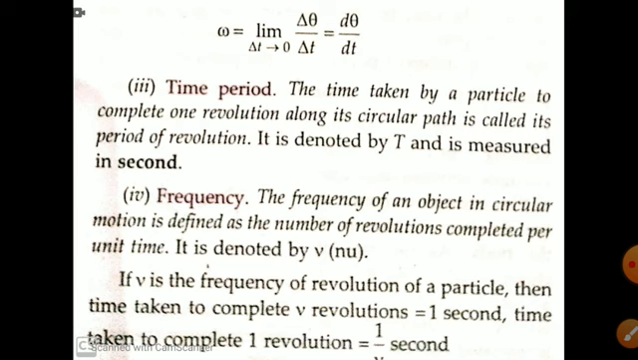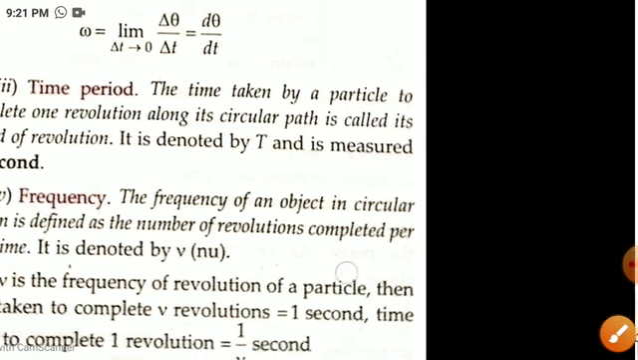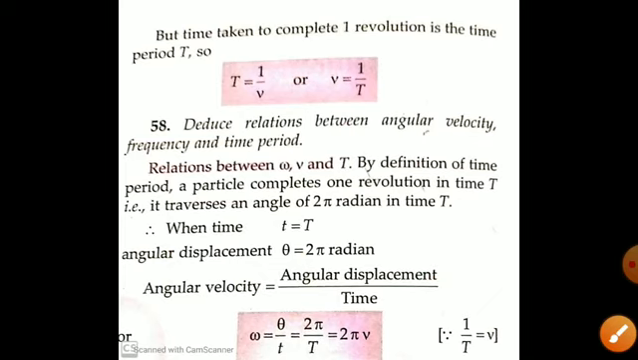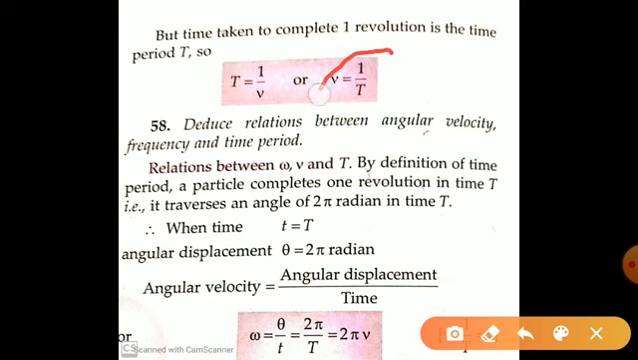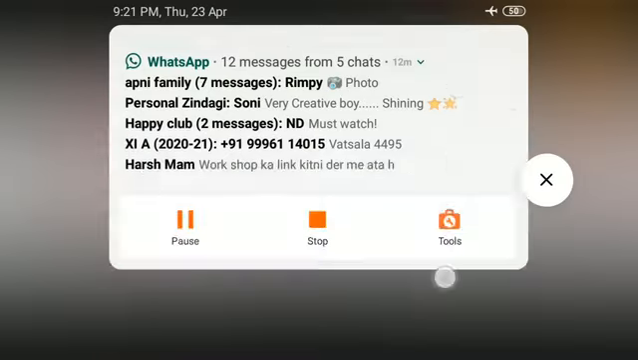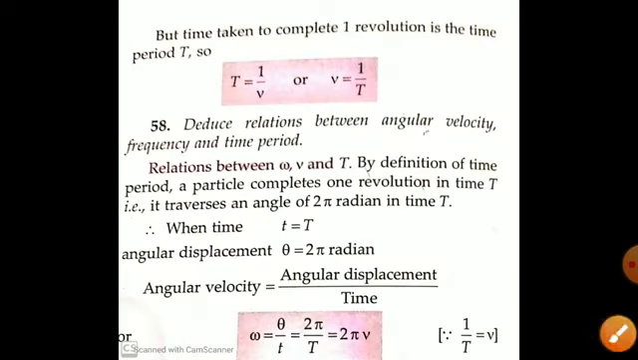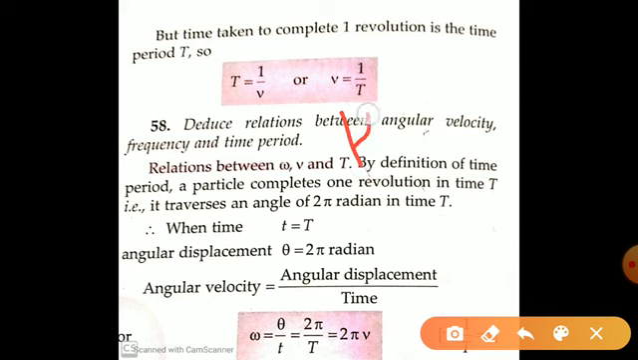So the frequency is written as nu is equal to 1 by T. This nu is the frequency, and the SI unit is second inverse, or you can say hertz. Hertz is equivalent to second inverse. Now next is